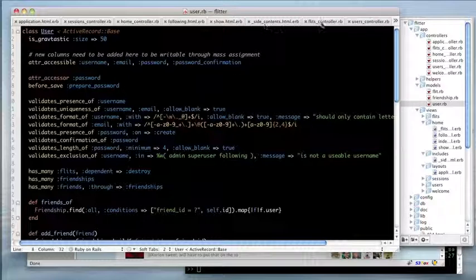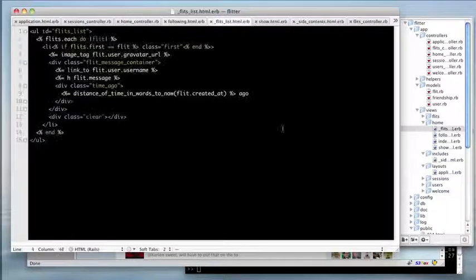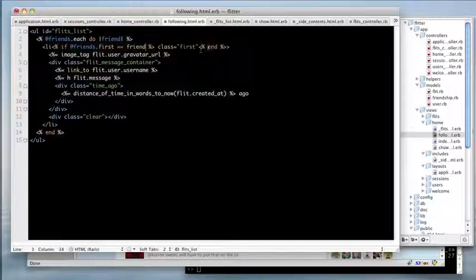So let's see here. If we go to our following list, and I want to look at how we're doing this right here. I'm going to copy and paste our flits partial into here, and we're going to use the same ID because it's the same style. But instead of flits, here we want to use current user dot, actually we already set that up above, so we're going to do friends dot each do friend. Friend. Okay. And here as well we want to use this. I explained how this worked before, so we just want to make sure that we have the first class set to the first one, and we want to have our image, gravatar URL, and then over here we have our username, friend.username, and here we want to have our